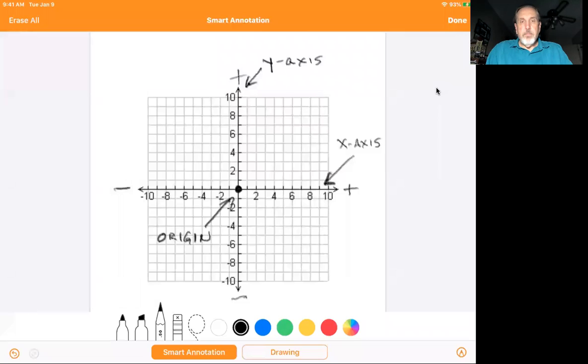So we're going to graph points. Sometimes they're called coordinates in the Cartesian plane. And a point is also called an ordered pair, and it might look something like this. So I'm just going to write an ordered pair up here. I'm going to put the point 3, 5, okay? And we want to graph that point 3, 5. Now the thing to understand is that the first value is your x value and the second value is your